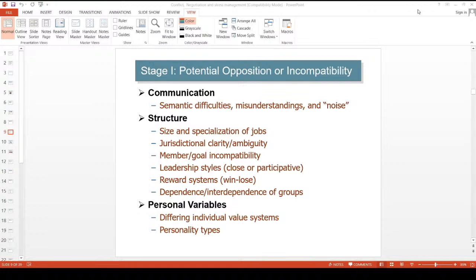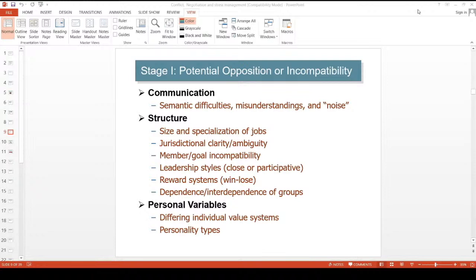Then the diversity of goals among the groups is a major source of conflict. The more diversified the goals on which the group members are focused, the more chances of conflict there will be. Similarly, the leadership style may play a very important role in creating conflict. There can be different styles of leadership, for example, closed leadership or participative leadership. In the case of participative leadership, there will be fewer chances of conflict within the group or team. But whenever your leader is a closed leader and does not believe in the participation of different individuals, then there will be